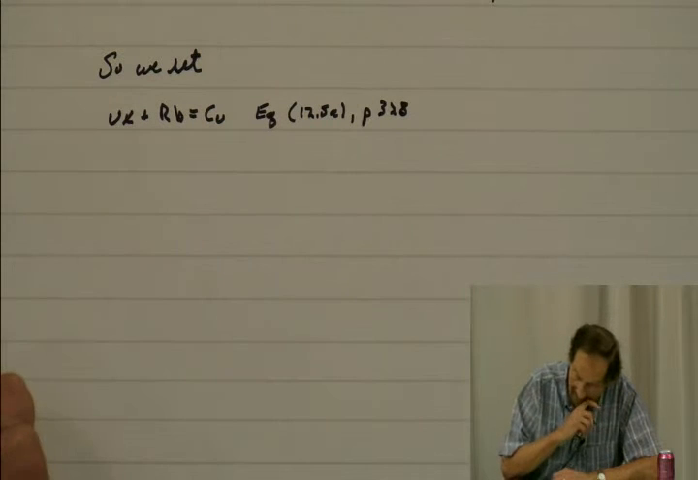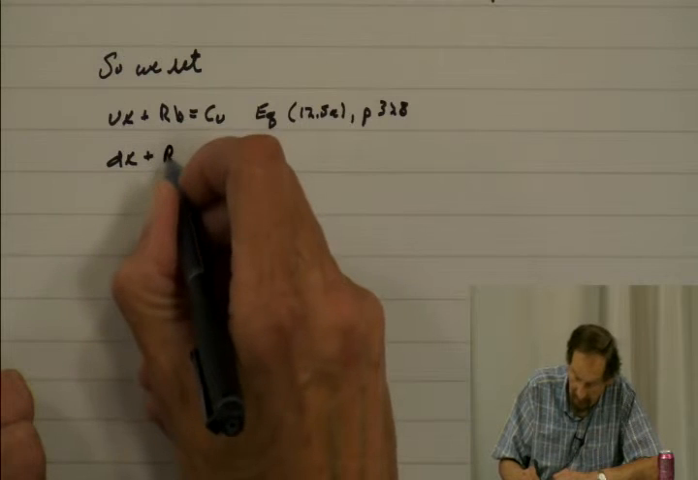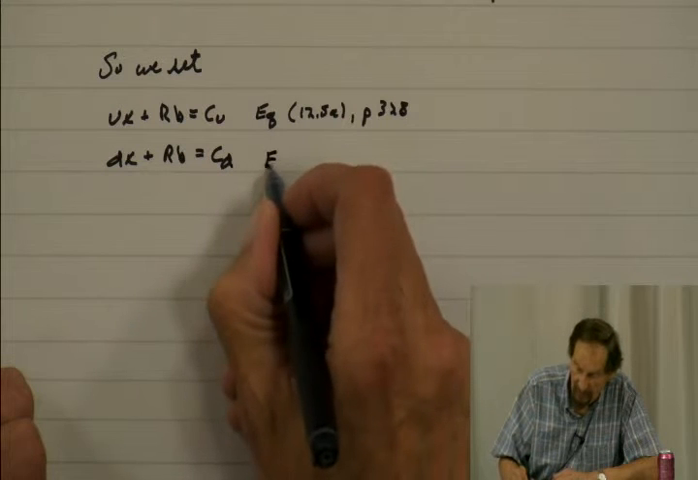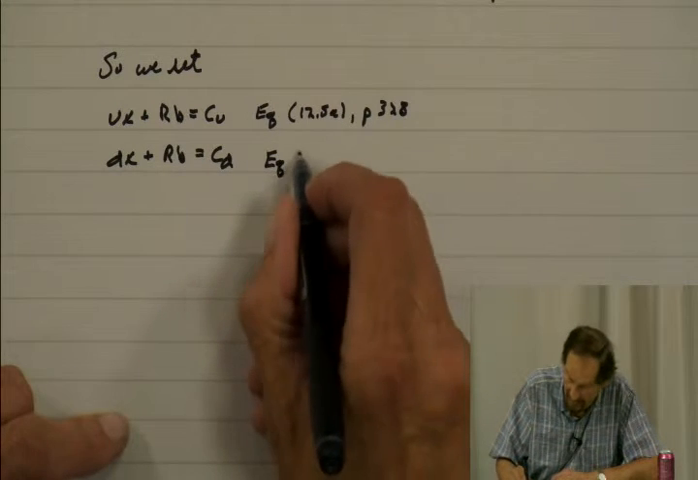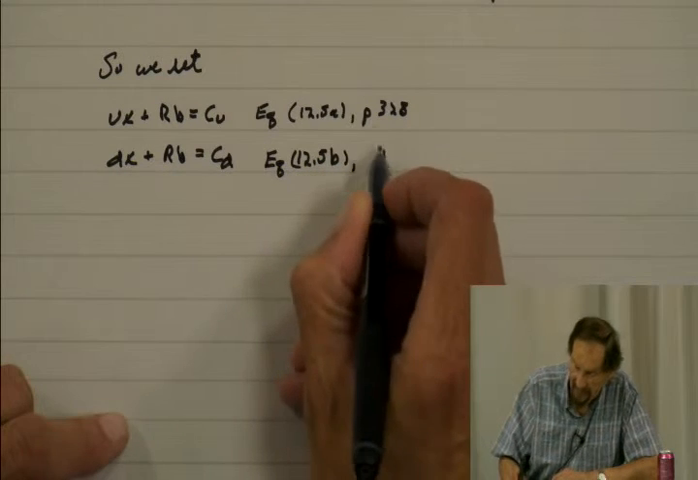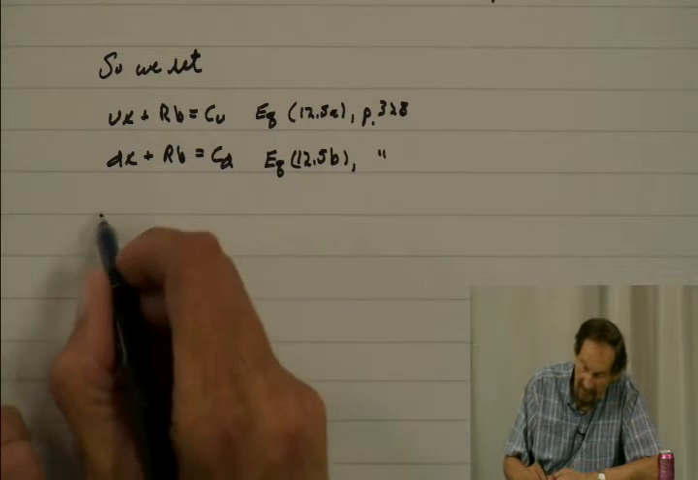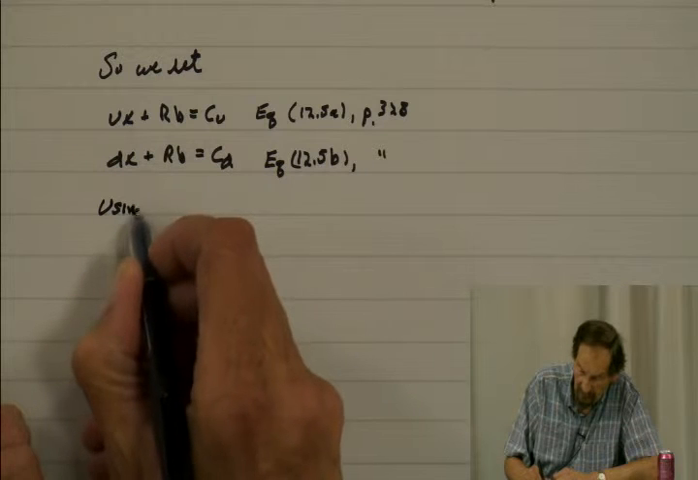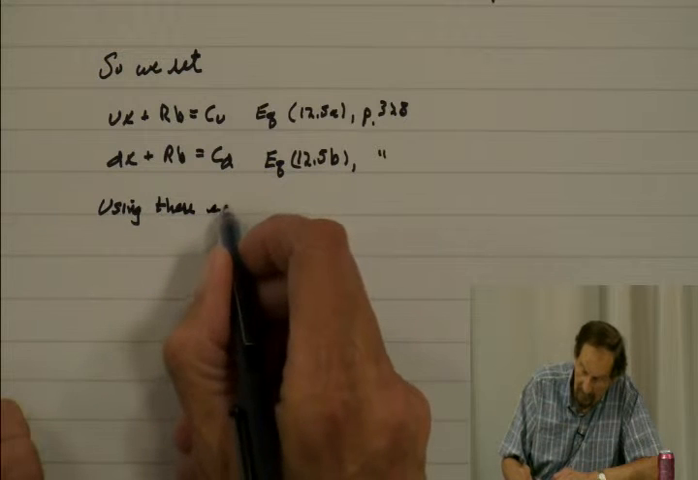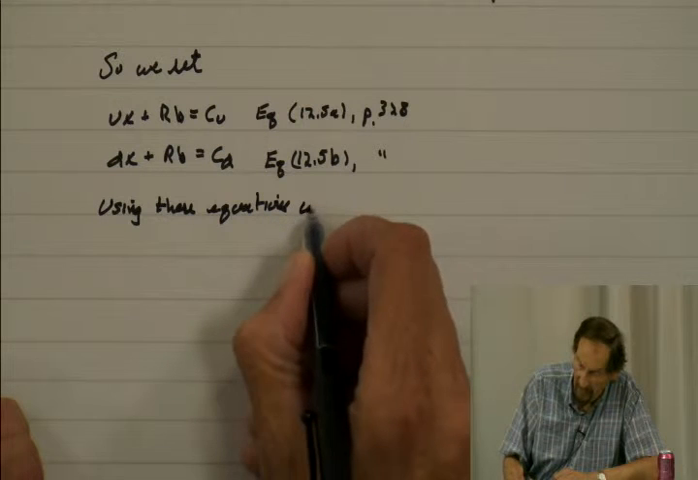And we set DX, this is our down, plus RB equals CD. That's equation 12.5b. Again, the same page. Okay. Now using these equations, we can derive